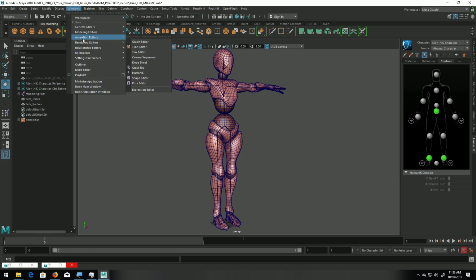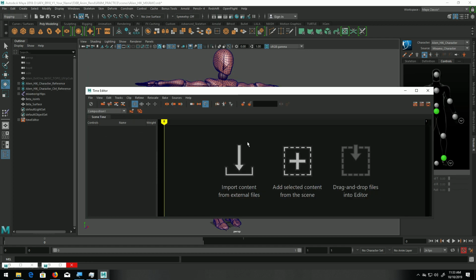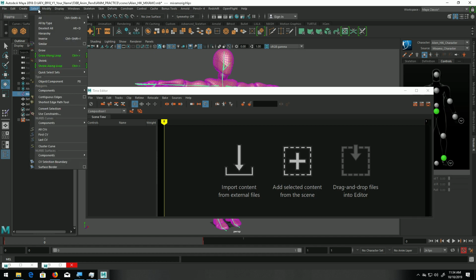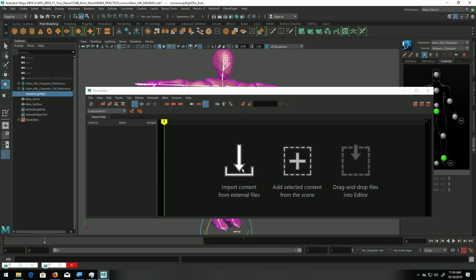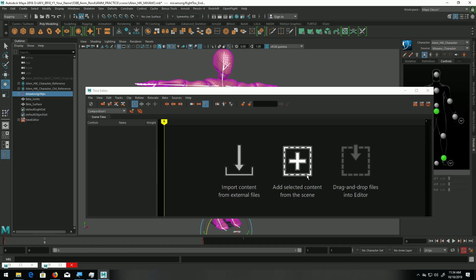So Windows, Animation Editors, Time Editor, and now you can see we have these options: import content from external files, add selected content, drag and drop files into editor. In this case I will select the root joint of the Mixamo rig, and under Select I'll choose Select Hierarchy, because I want all of the joints to be included in this time editor composition. With my hierarchy selected, I'll click add selected content from the scene,